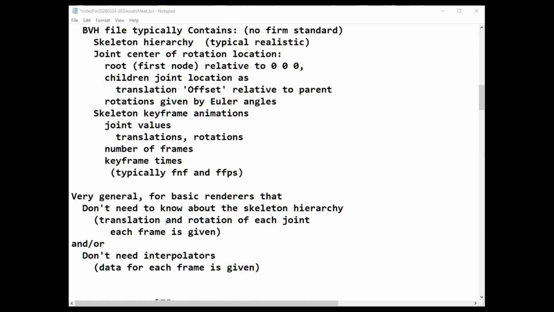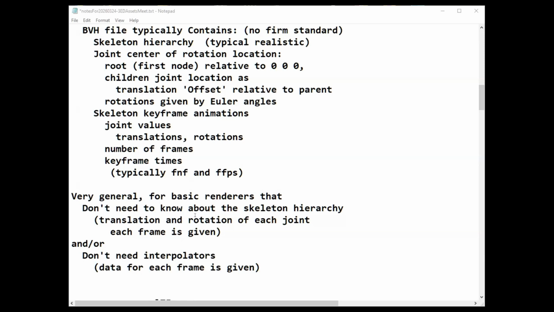So BVH is very general for basic renderers that don't need to know about the skeleton hierarchy, because it's just a simple thing, and you're told the translation and rotation of each joint in each frame.